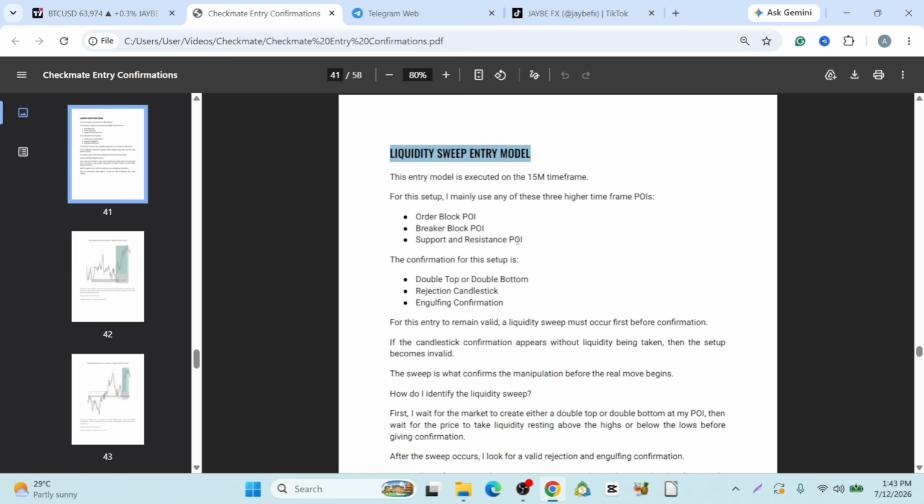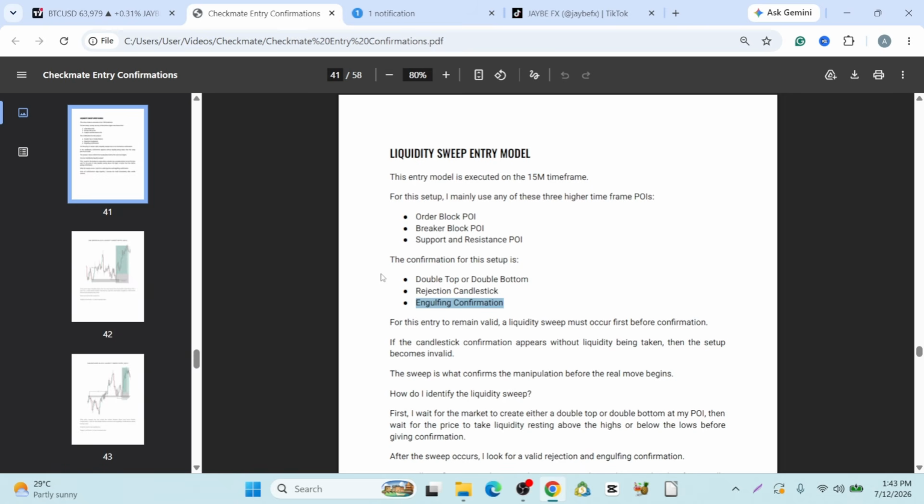Now, how does it work? You can use it based on three points of interest. You can use it on order block, you can use it on breakout block, you can use it on support and resistance zones, basically. And how does it work? You can use it when there is a double top, mostly candle rejection and engulfing. And this particular entry model book,